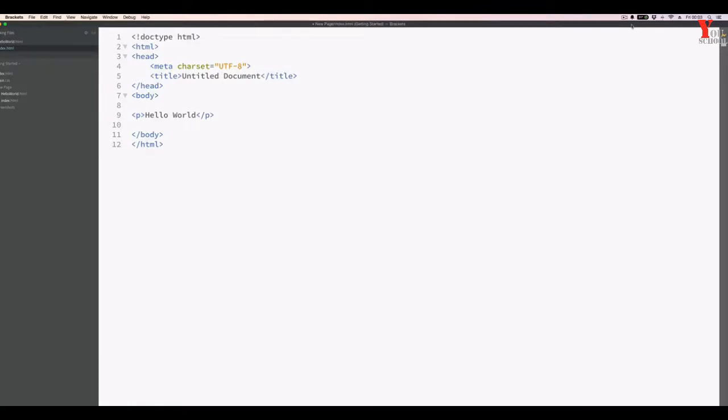Okay, so let's start creating our new web page. So that we don't forget, let's change the title to "New web page", just so that when we next see it in the browser, we'll see that. Now, what I want to do first is start using